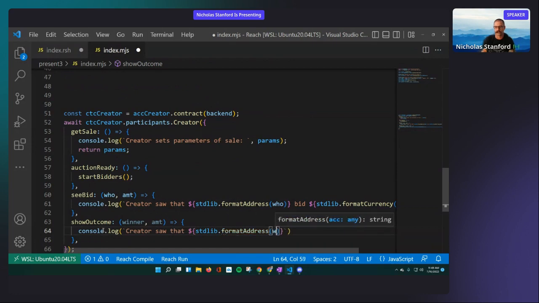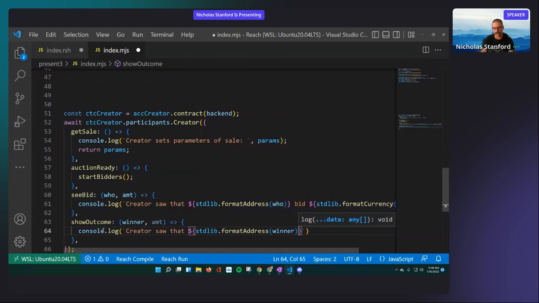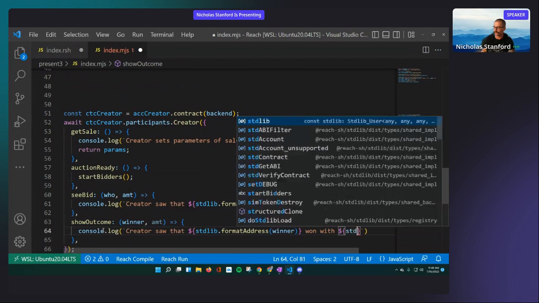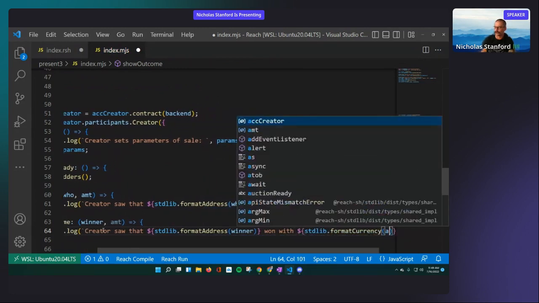Format address. What address are we formatting? Well, not who this time, but the winner, right? And there it is highlighting, saying we're using it appropriately. Now let's move on. What did they do? Well, they won with another amount here. We're going to say they won with that same amount, but again, we need to format that back to currency. Format currency amount,